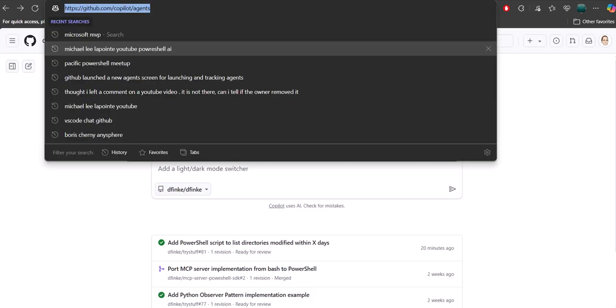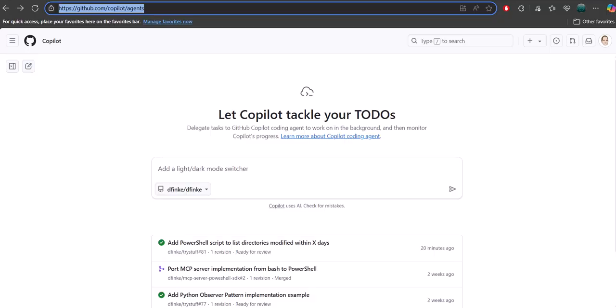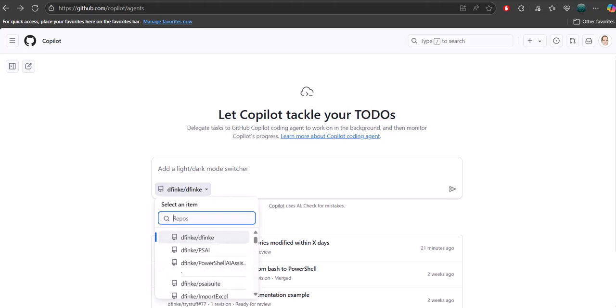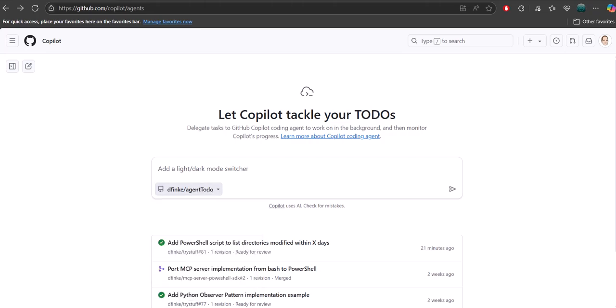First, I'm up here at github.com/copilot/agents. I come down to the interaction chat window, and I can type something. First, I'm going to choose a new repo I have called agent to do. So now it knows to use that, and I'm going to say create an issue for creating a Rust, I'm going to leave the misspelling,